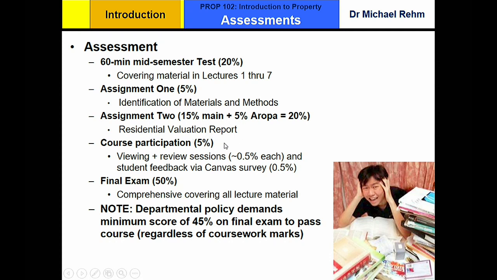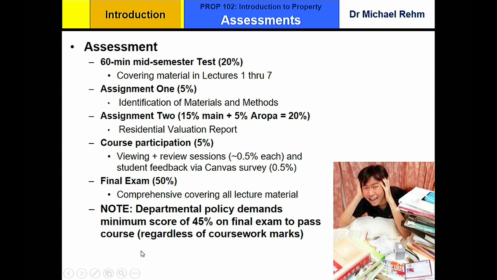And then there's 5% kind of free marks, as I like to think of them. I know you earn them. They're not free. But that is me helping you with your time management, keeping an eye on you and seeing if you're watching the videos before we meet to review things, and whether you engage with me via Kahoot in the review session. So I'm going to pay you 5% of your grade for that. And at the very end, there's a little feedback survey that I've done over the years, and I pay you for that. I pay you for everything in this course. And then the final exam is worth 50%.